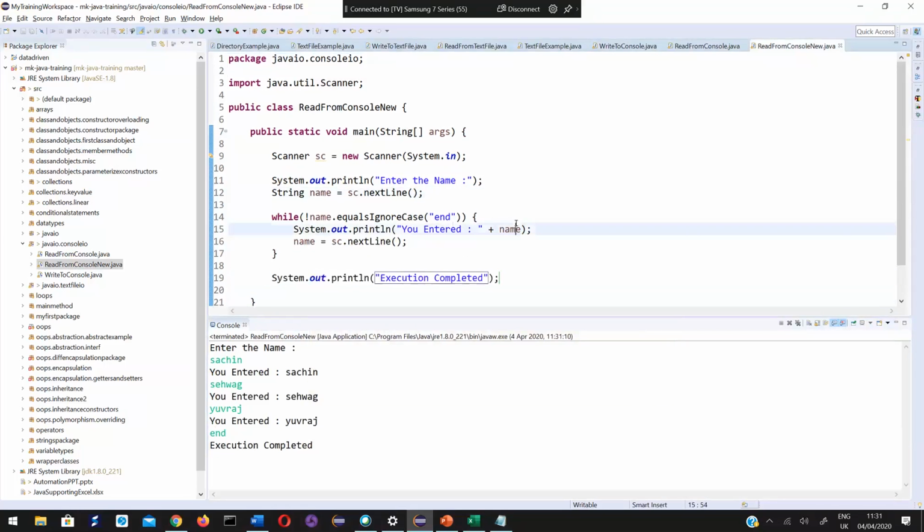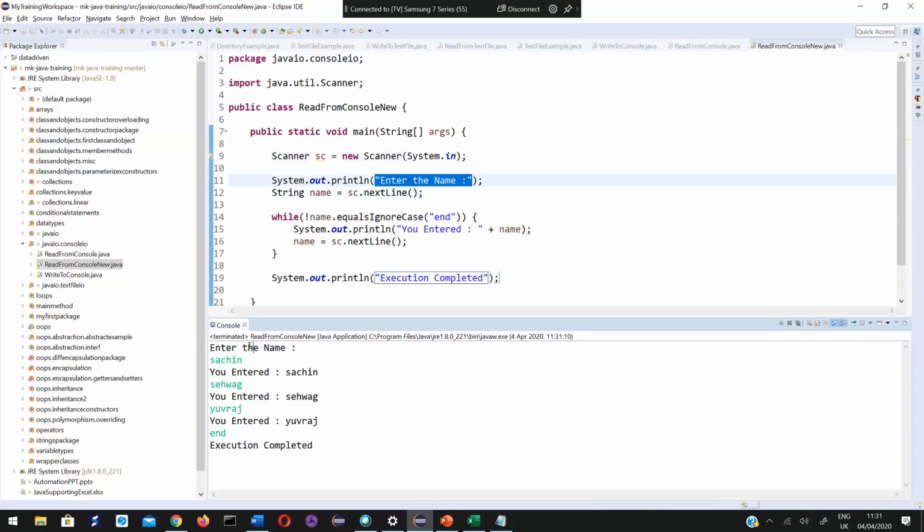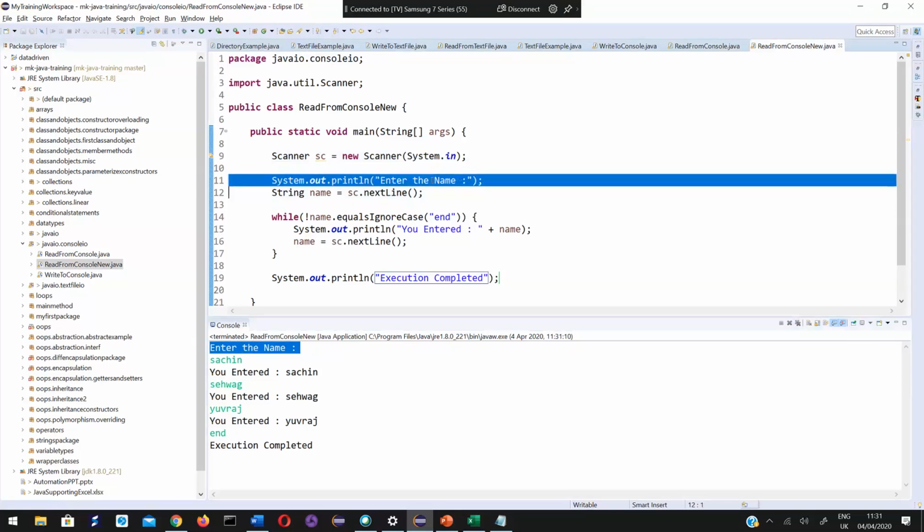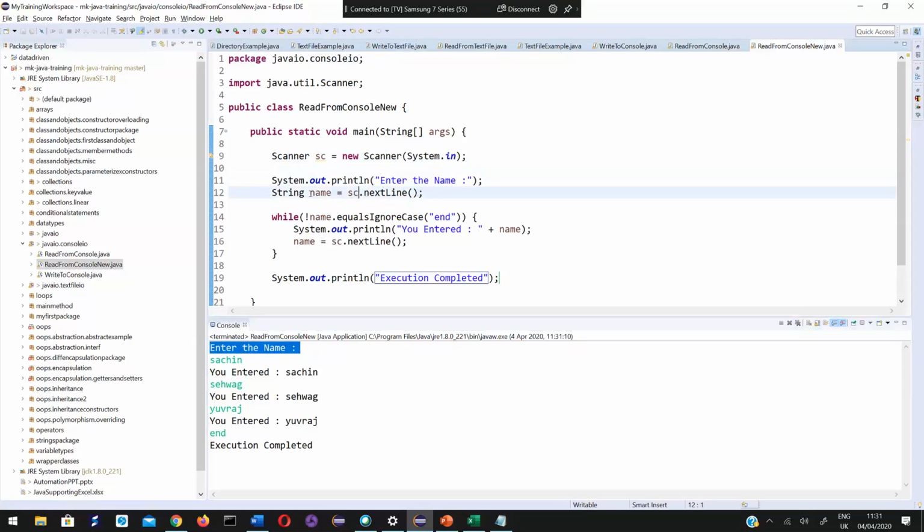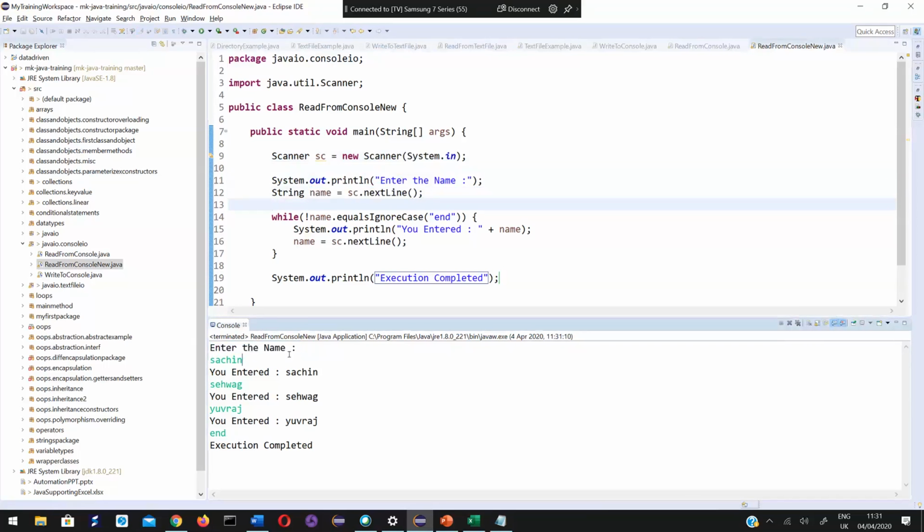What I am trying to do is, first I have created a scanner object using System.in. That means it reads from console. First it is asking me to enter the name. When this line gets executed, it waits for me to enter that value.